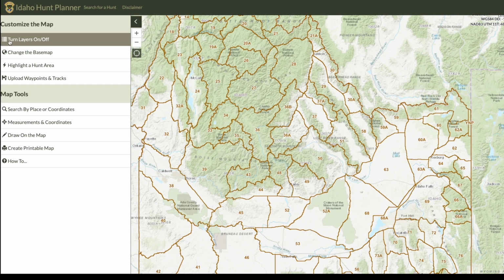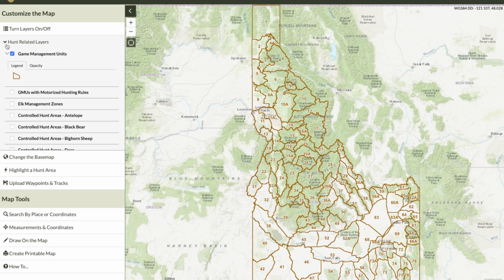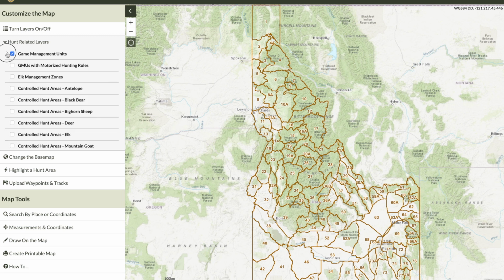Useful layers will be found here in this Turn Layers On and Off tab. And once we've selected this, we see this drop down where we can look and see another drop down menu here for hunt related layers. If we were elk hunting, for example, you would want to have this elk management zone turned on. And for now, we'll just keep the game management unit selected to give us a clear view of the hunting